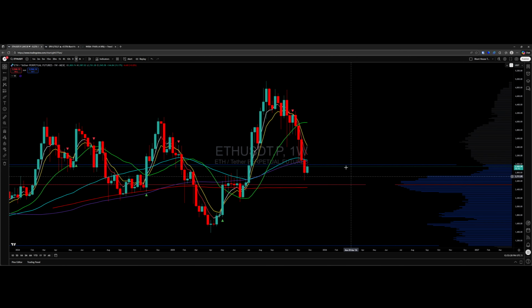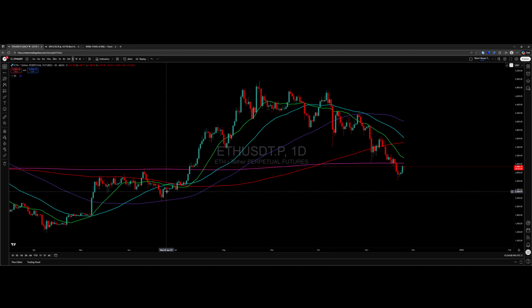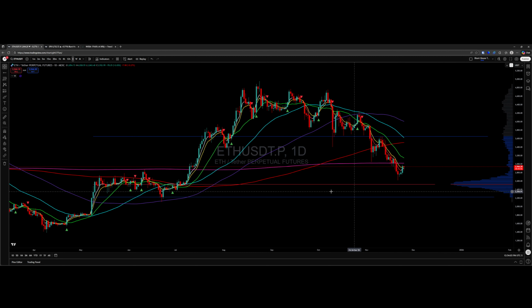If we look at this weekly chart, this is just another example where this candle is really just waiting for everything else. You've broken the 50, you've broken the 100, you're trading below the 5 EMA, and you have the point of control and the 200 sitting at around $2,500. That 2,500 level is consistent on both the daily point of control and the weekly. That gives me reason to believe that it's probably going to find it.